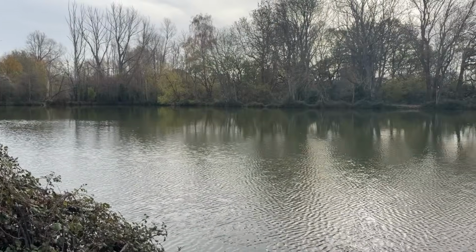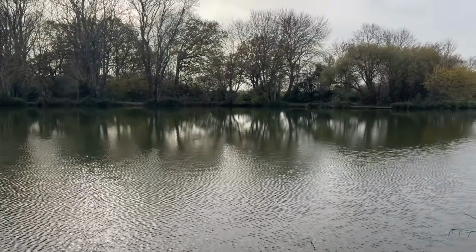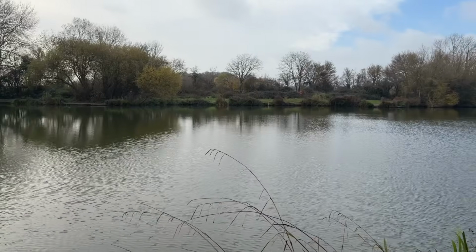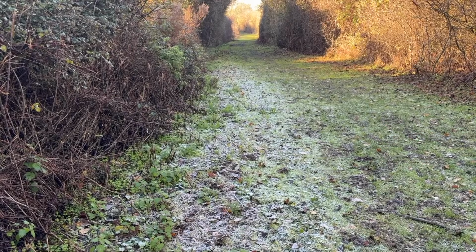I came down here yesterday just to have a look around and see if it had been busy and all that sort of thing. I used to come here quite regular in the winter, but I haven't been down here for a few years now. It's normally a good place to come and get a bite in the winter, so I like to have somewhere stored ready for January so I can go and get myself off the mark early in the year, and this used to be the place that I used to come, but like I say, I haven't been for a few years now. So yeah, I came and had a look around yesterday and it was freezing yesterday, thick frost,